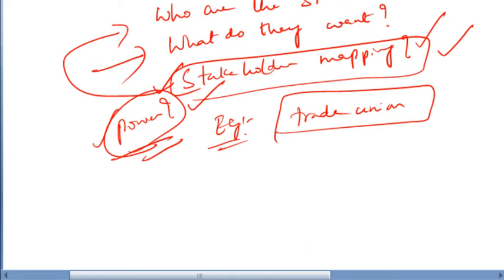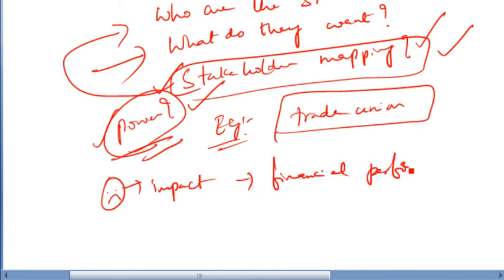One more important thing is that if any organization or company does not keep the most influential stakeholder groups happy, then obviously what will happen? You have an important, influential stakeholder for your company, and you don't keep them happy. Then what will happen? This will have an impact on the financial performance in the long run. Why? Because